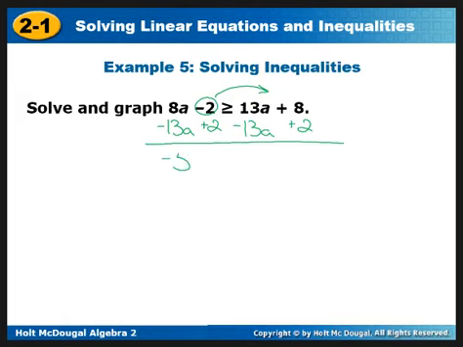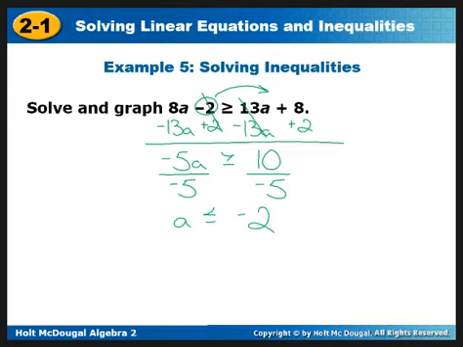I'm going to get negative 5a on this side. It's greater than or equal to 10 on the other side, because these quantities are going to cancel each other out. Now you can already see what we talked about. I have to perform the opposite operation here, which would be divide by a negative 5. Alright? I will get a on this side, but I have to change the order of my inequality. Alright, so I switch the direction of the sign, and I arrive at a is less than or equal to